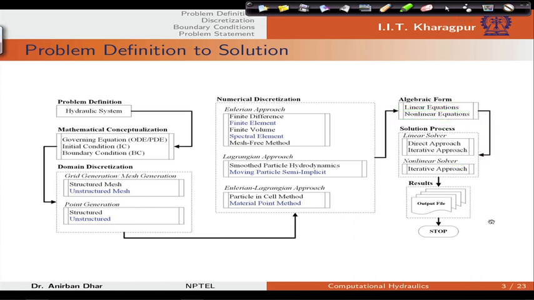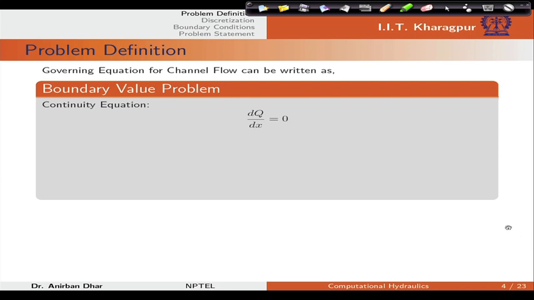Now, let us see what is the governing equation. This is a boundary value problem. What is the continuity equation? Continuity equation is dQ by dx equals 0. That means along the longitudinal direction the variation of Q is 0. So, dQ by dx equals 0. In this case we will have another, the momentum equation, dE by dx equals minus SF,